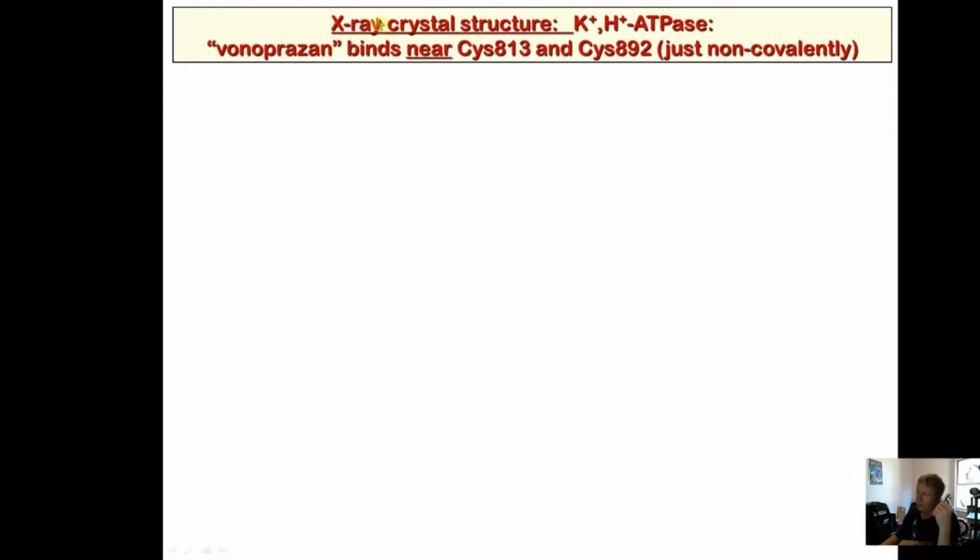Another thing about this X-ray crystal structure: it binds near those cysteines, like cysteine 813 and cysteine 892, which does not do it covalently. It's a reversible inhibitor. So the small molecule has an affinity for this channel protein. It binds in there, but it doesn't have those weird mechanisms that cause it to